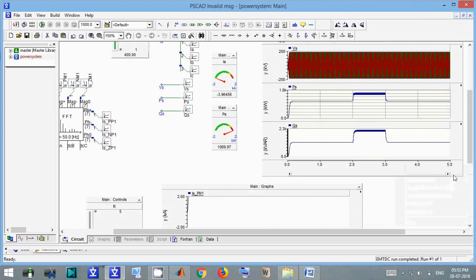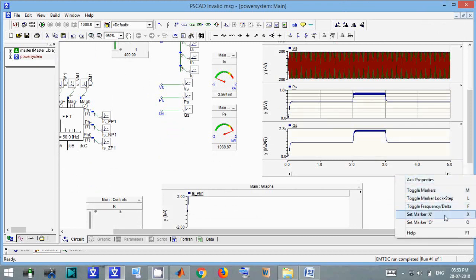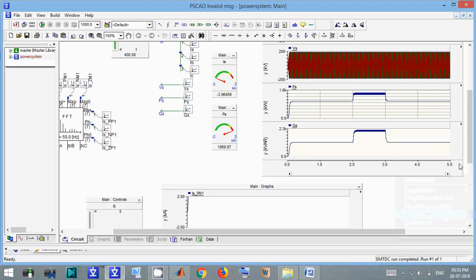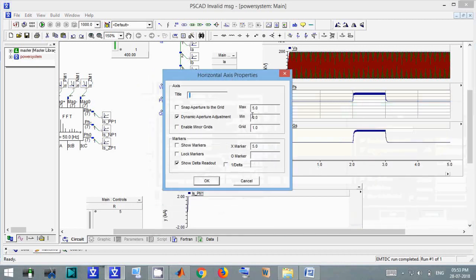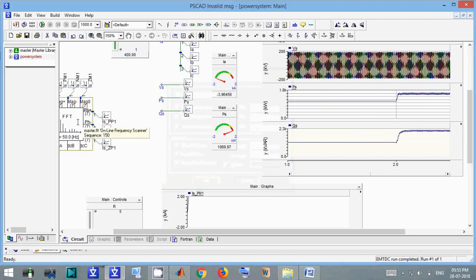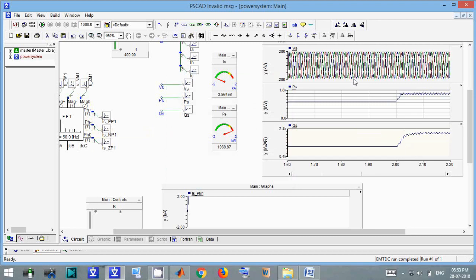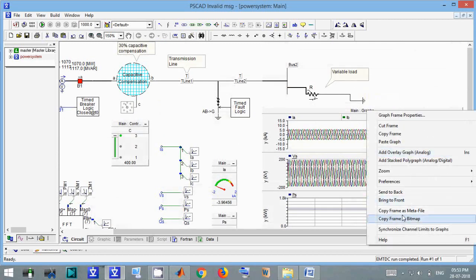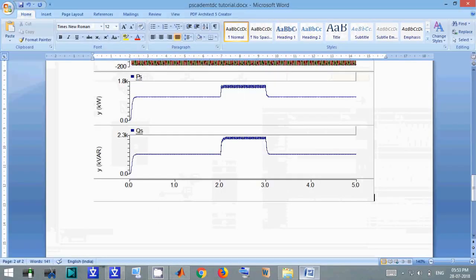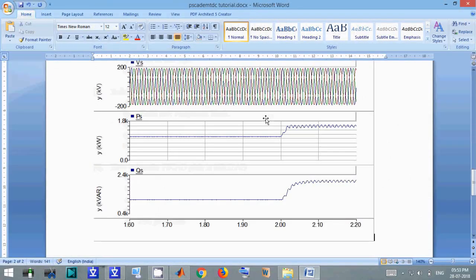And we can change the y-axis by just right clicking on this, and say we want to see the plot from 1 to 2.5. So minimum is 1 and maximum would be 2.5. Okay, now you can just right click on this and copy frame as metafile and just delete it and paste it